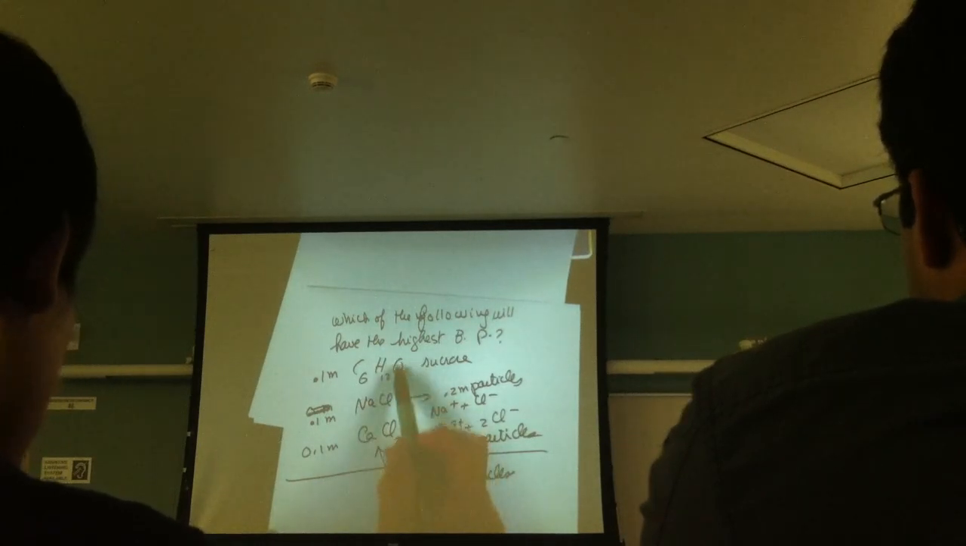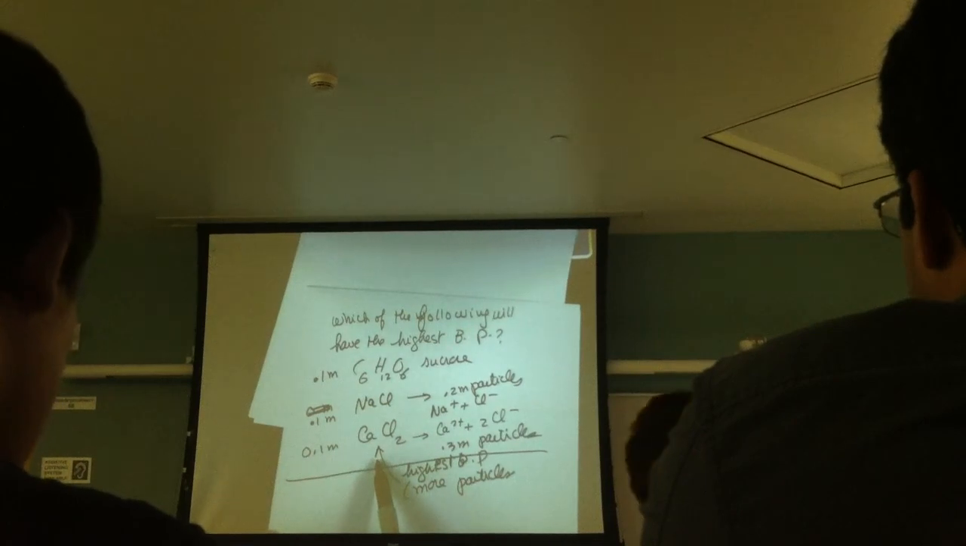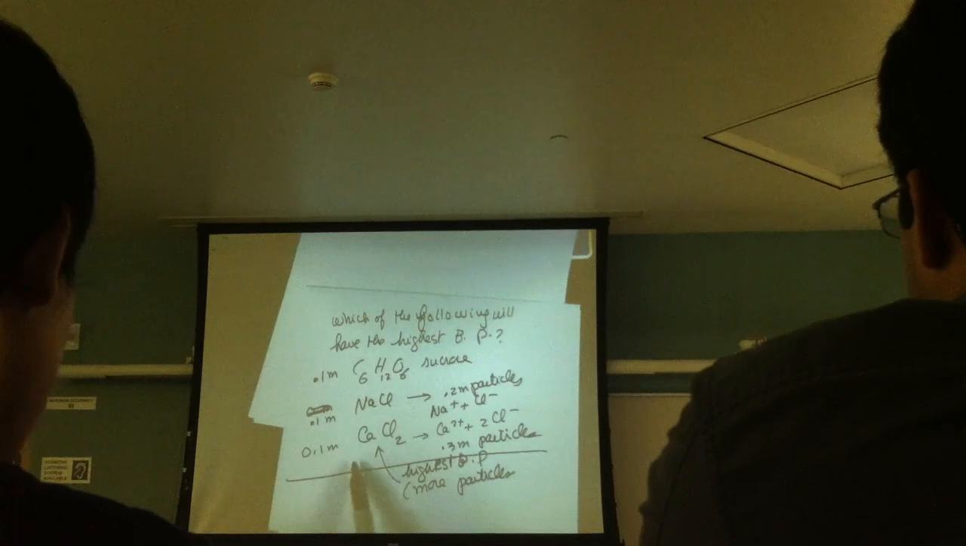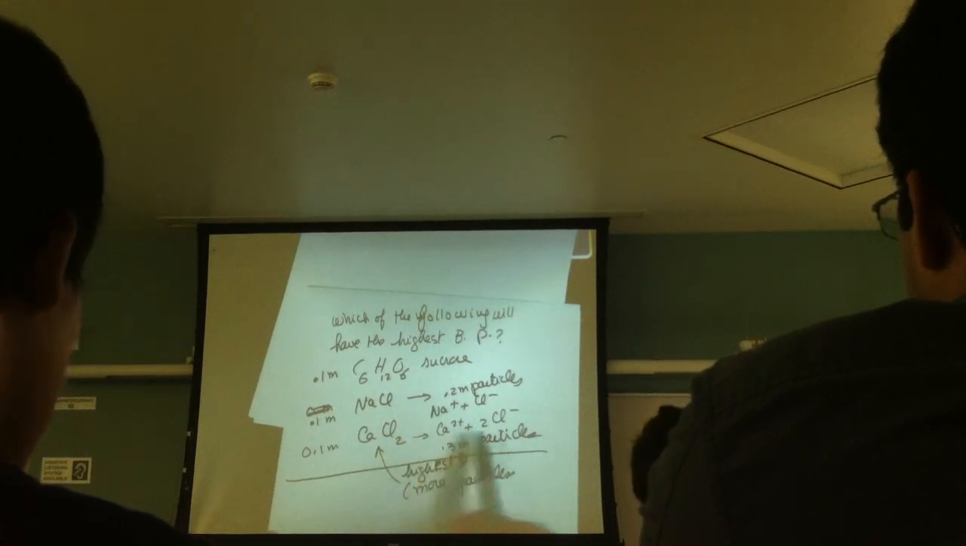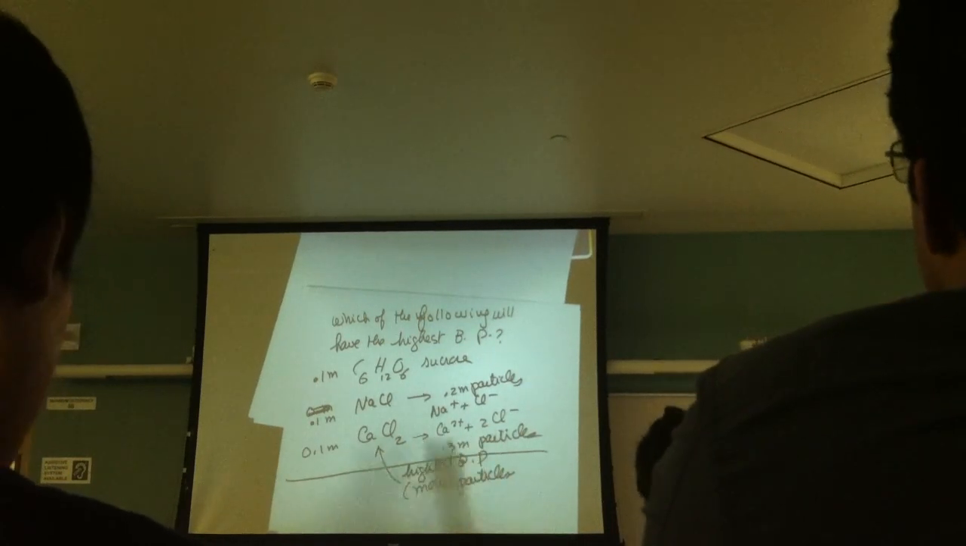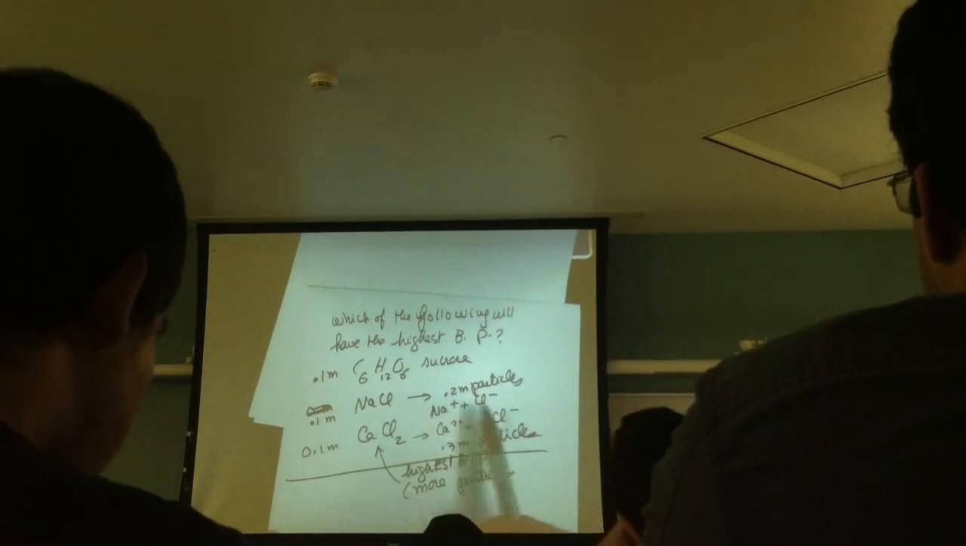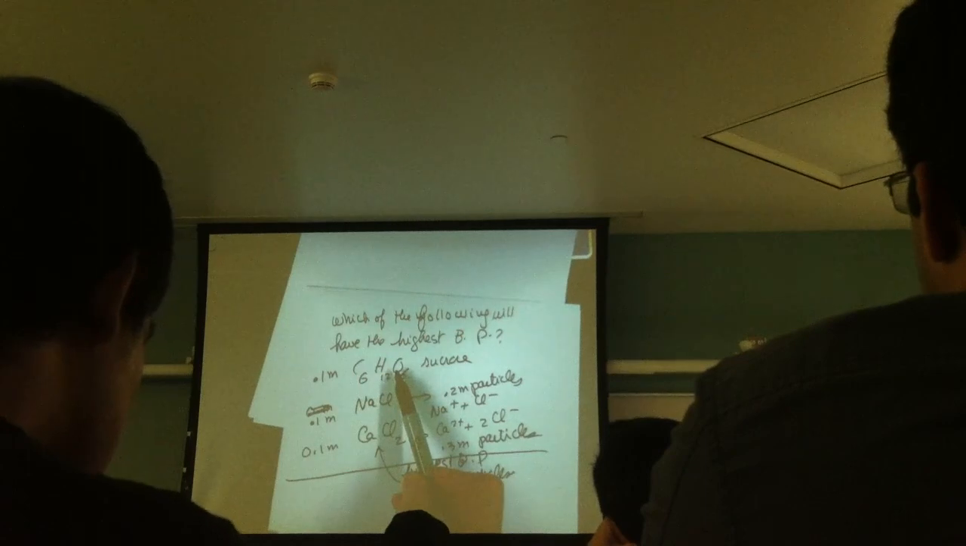So which one of these 3 will have more particles dissolved? Calcium chloride. You put 1 calcium chloride, how many particles do you get? 3. You put 1 sodium chloride, how many particles do you get? 2. You put 1 sugar, how many particles